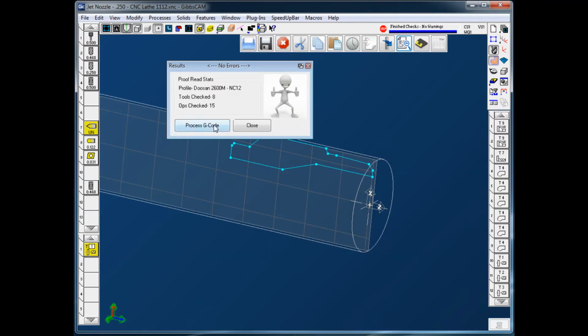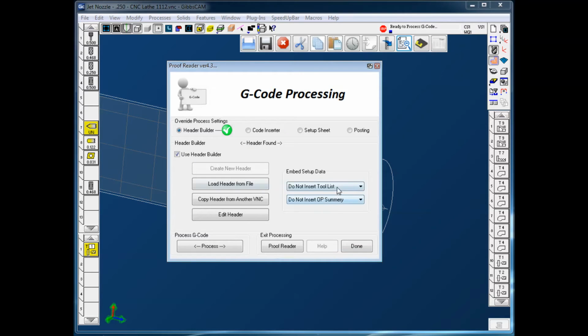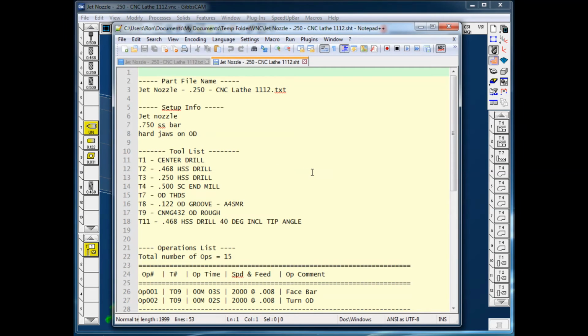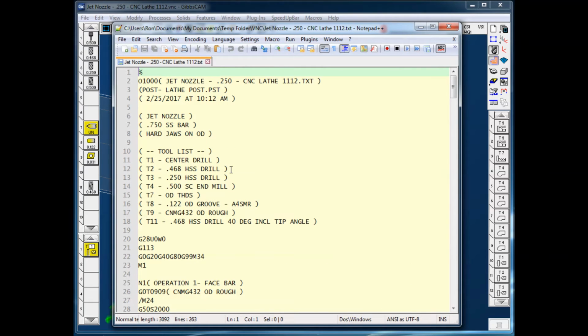So I'm going to go back, and then I'm going to say insert a tool list. You can optionally insert every tool that's in your tool list on the sidebar, or you can do just the tools that were used, which is what I'm going to use. Now if I process, setup sheet will look the same, but now I have a list of tools, and the tools list will be inserted right after the header. If I can take that a step further now,